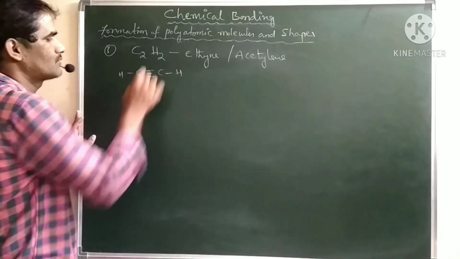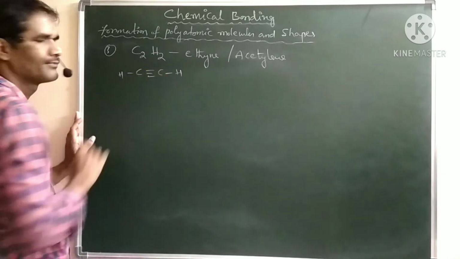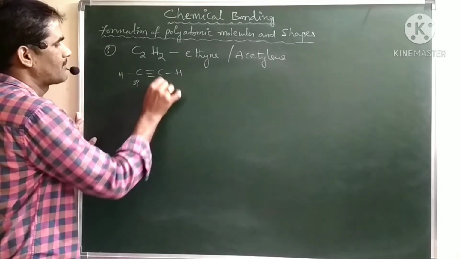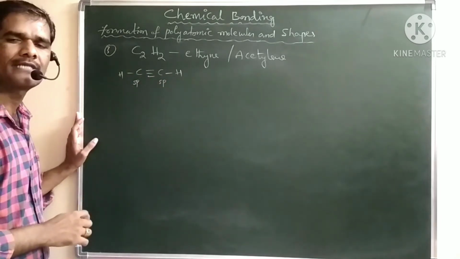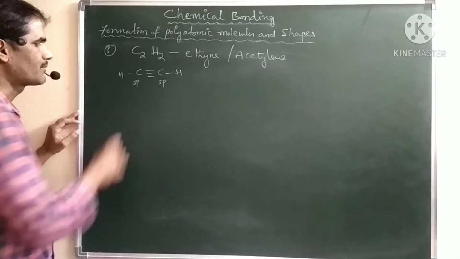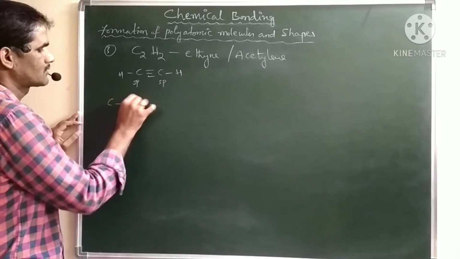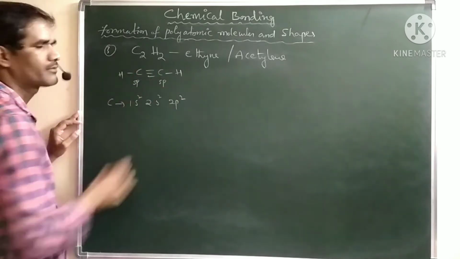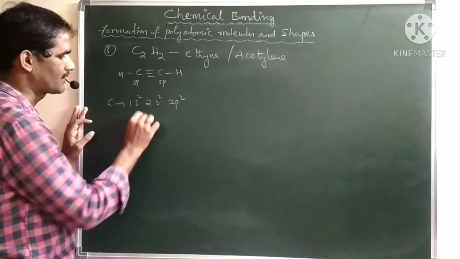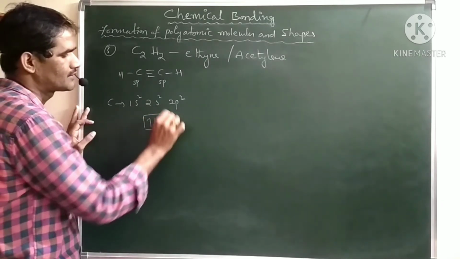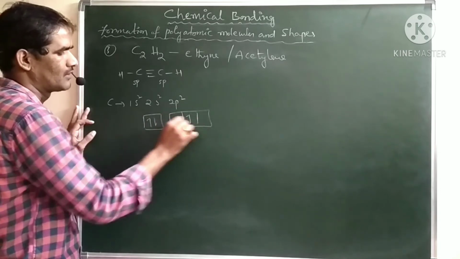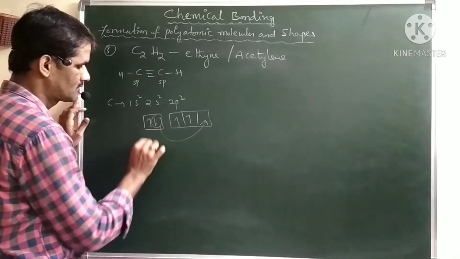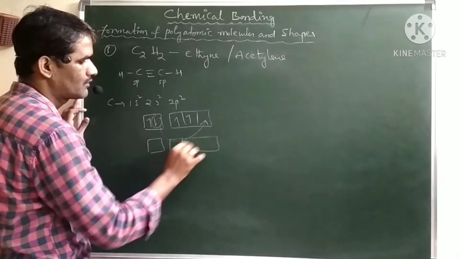So one is a sigma bond, two are pi bonds. Now for hybridization, according to the determination of hybridization, two sigma bonds are there, so sp hybridization, both carbons are having sp hybridization. Now the formation, if we see, again the carbon configuration 1s2, 2s2, 2p2. Again each carbon forms 4 bonds, so we require 4 unpaired electrons in the valence shell, but we have only 2. Again one of the electrons will be excited to the p orbital, then we will have 4 unpaired electrons.